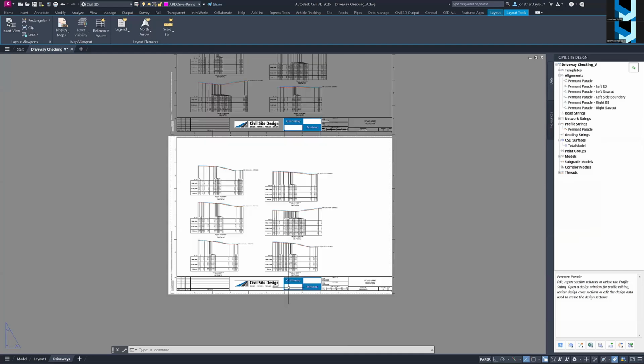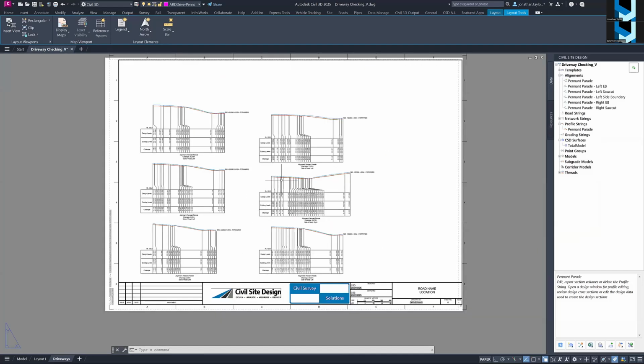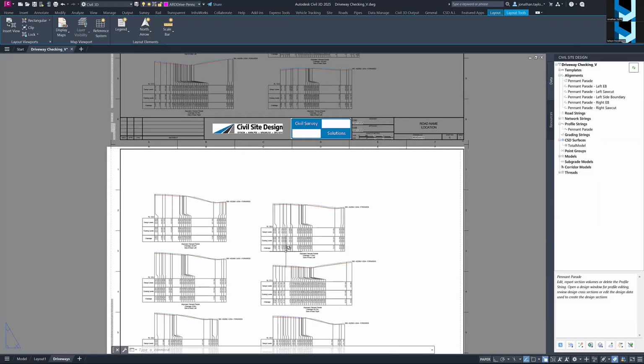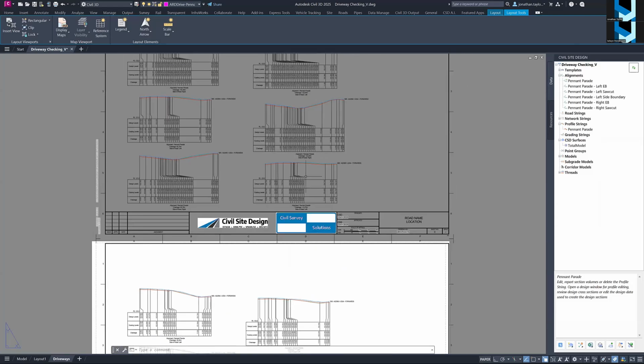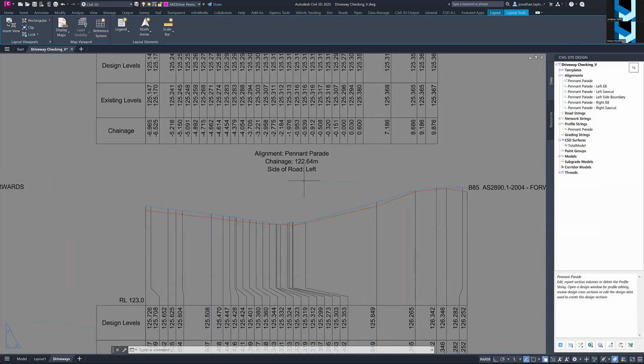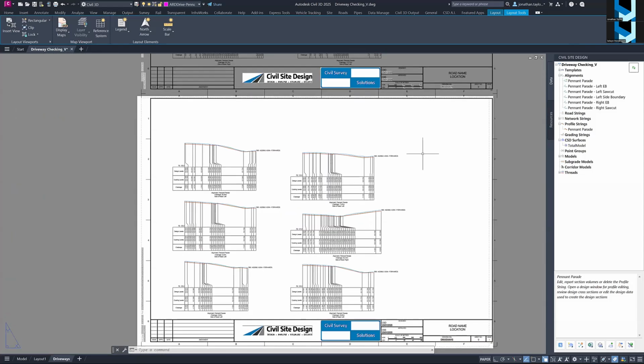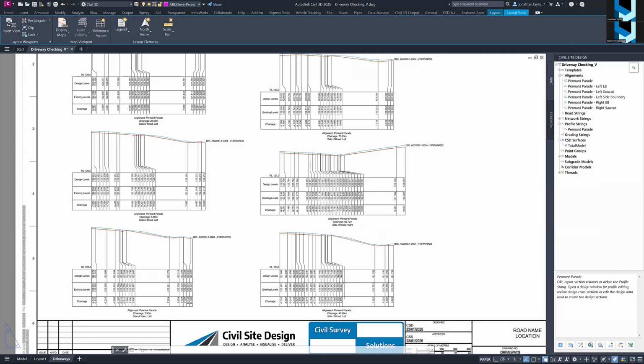Now, as I said, it will generate all the long sections for you for all your driveways on your project. So there's a case for saying at this point you probably wouldn't be looking to generate all your sheets, all your cross sections, because at the end of the day you might be looking at different driveways for different reasons. You can see the only way I can distinguish this is because that's on the left. So it's not perfect, but it's certainly an excellent way of just being able to quickly get long sections out